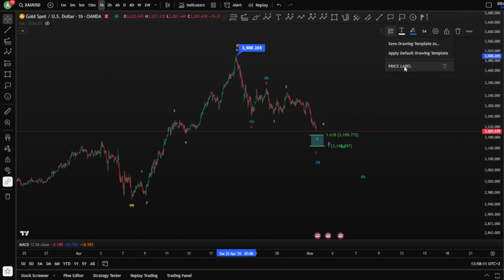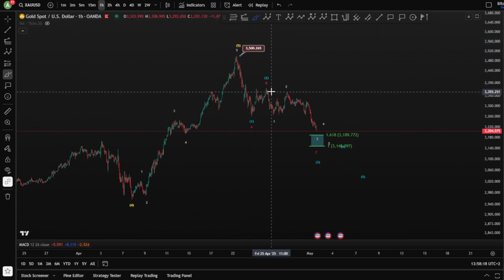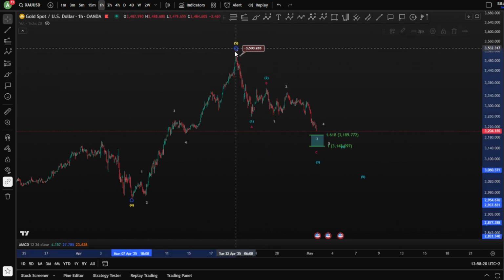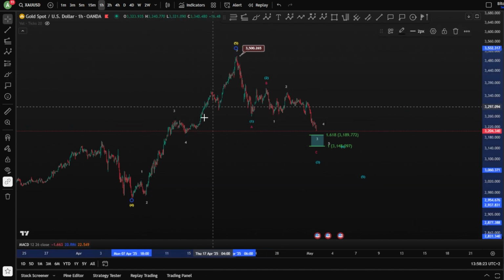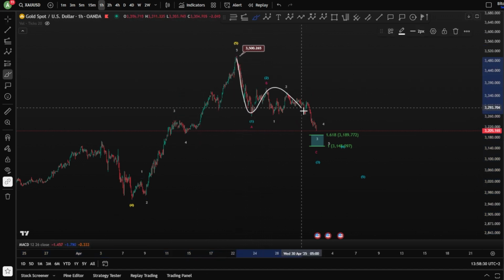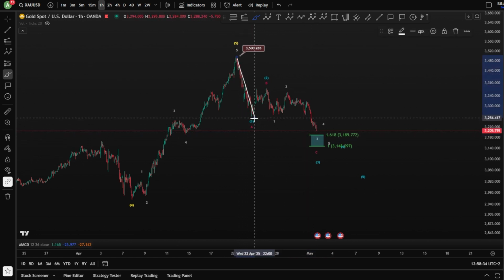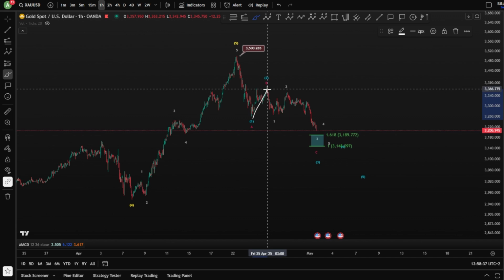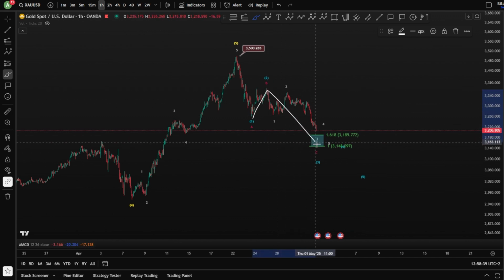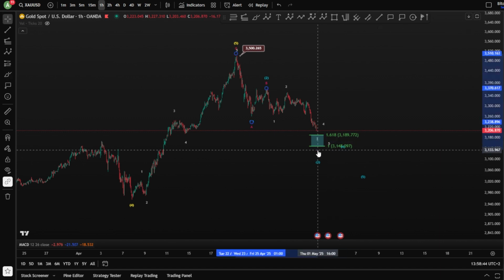And of course, as expected, we have seen the high and the top for the gold at 3,500, topping for wave 5 here in 1, 2, 3, 4 and a 5, 1, 2, 3, 4 and a 5 for the wave 5 again. And that means we are looking right now for a corrective wave, whether we are in an ABC zigzag where we saw an impulse, aggressive impulse, 3 waves correction for a wave B, potentially wave C hitting the 1-to-1 fib level here for a wave C.